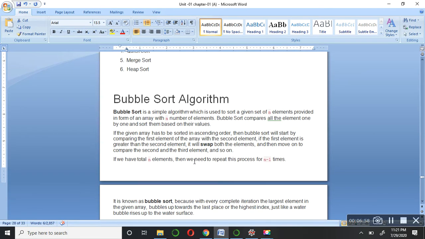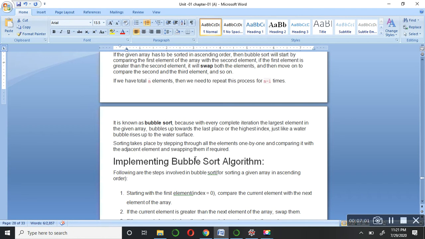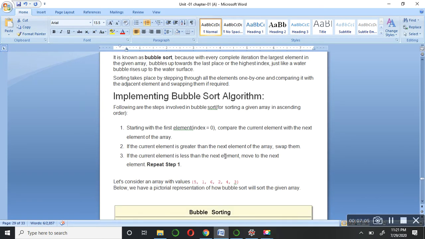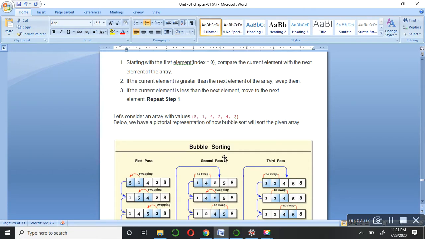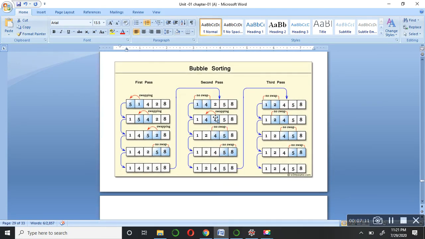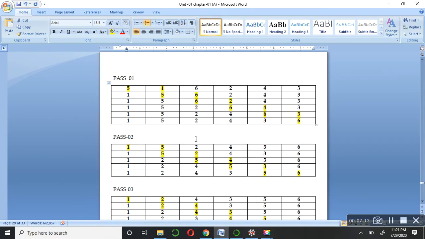So let's see an example and the way of sorting elements with bubble sort. You can see I have given a picture of one example. The elements are given as 5, 1, 6, 2, 4, 3, and I have mentioned pass 1 here. How does bubble sort actually work?